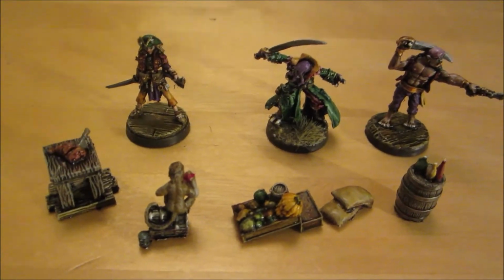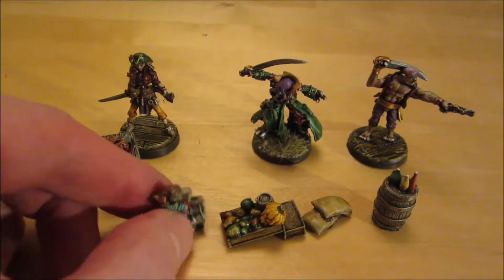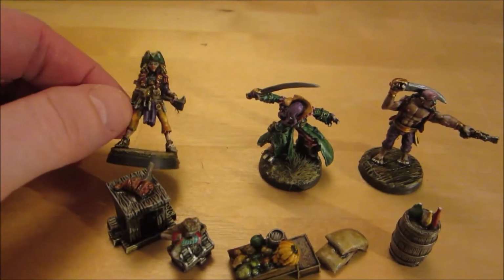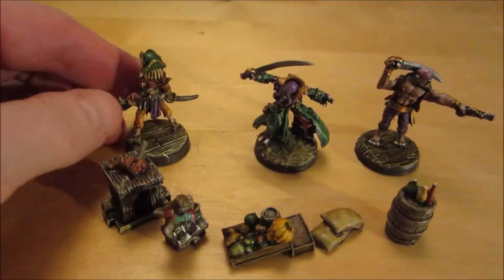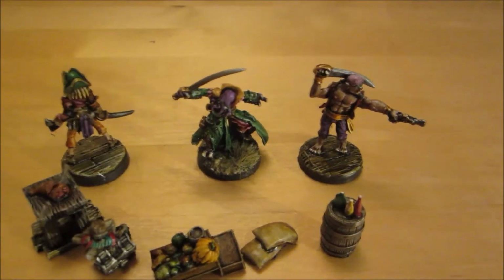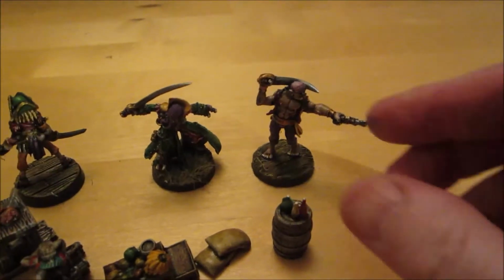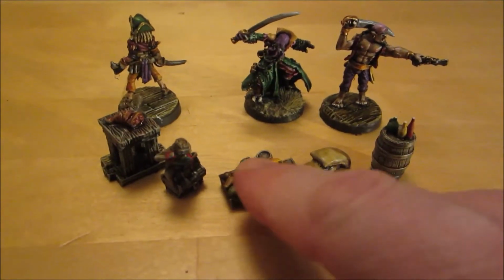And we have a bunch of Reaper stuff here. We have in the back 3 metal minis, which are all pirates. This is a sort of female pirate. We have a Mind Flayer pirate, and we have an orcish or half orcish pirate here. And in the front we got some plastic stuff, some bones,